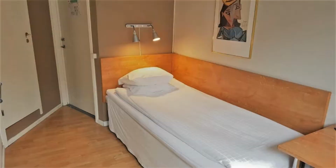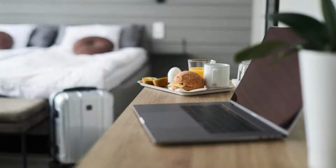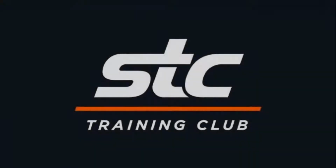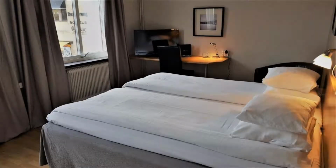The location of the hotel is good and guests love walking around the neighborhood. There are 10 types of rooms available on booking.com. You can book online and enjoy it. You can see more than 1000 reviews of this hotel on booking.com. Its review rating is 7.7,